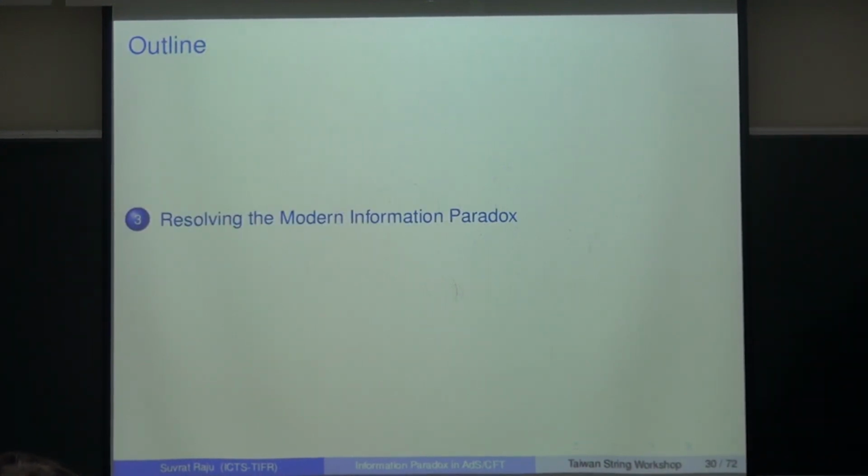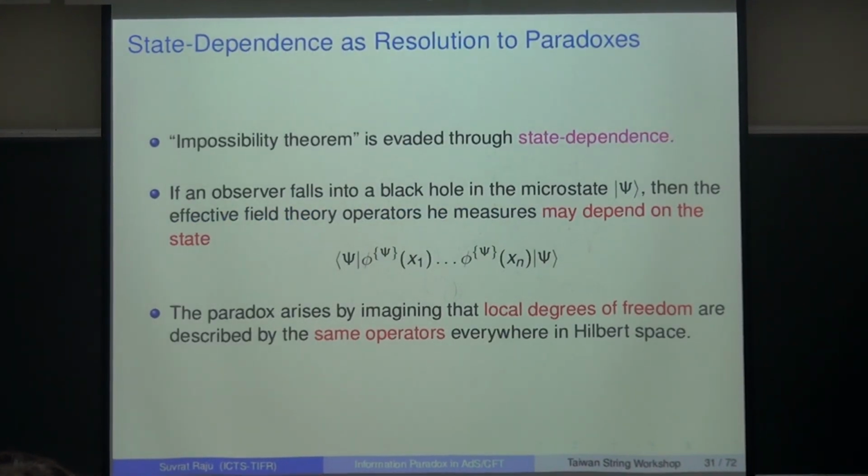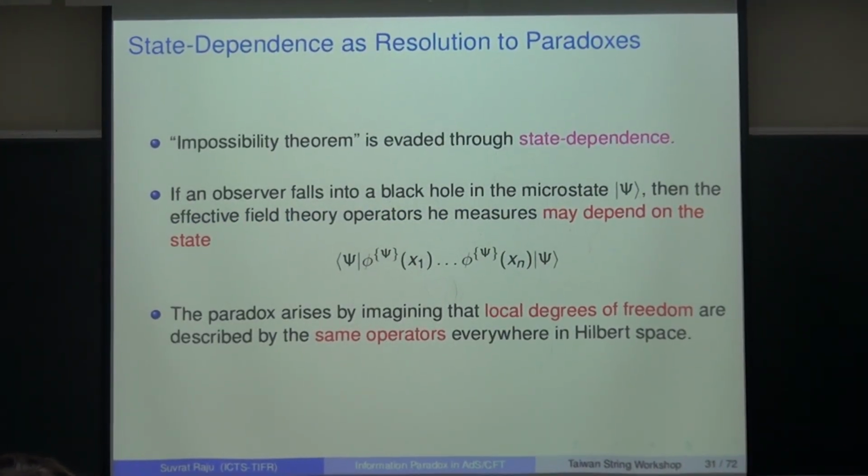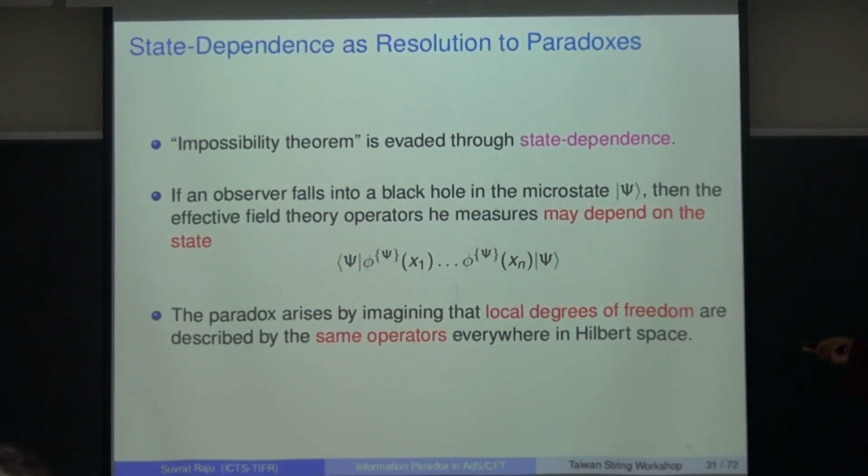Okay, so now you could ask, how did this happen, given that I gave you an impossibility theorem, and I gave you all these paradoxes yesterday, and how have I come up with this explicit construction which allows this to work? And the claim is that the way you sidestep the paradox is by recognizing that the